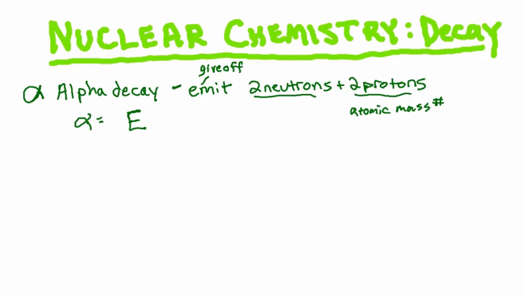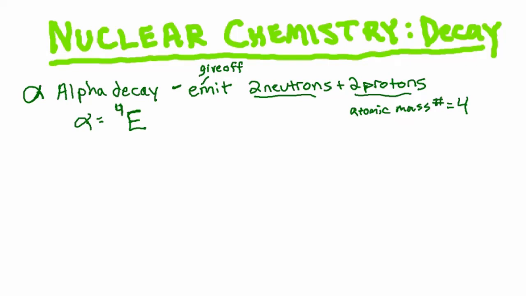So 2 neutrons plus 2 protons is 4. So 4 is the atomic mass unit, so we're going to write a 4 in the upper left-hand corner next to this element,